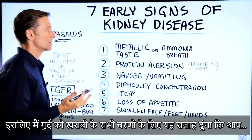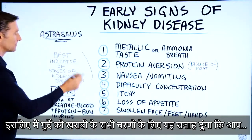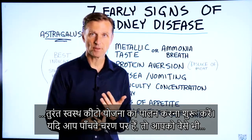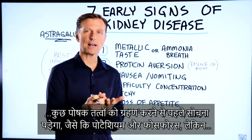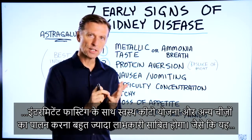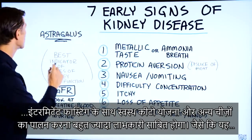So, of course, what I would recommend, regardless of what stage the person is at, would be to get on a healthy keto plan immediately. Of course, if you're stage 5, you're going to have to make some adjustments with certain nutrients like potassium and phosphorus. But the combination of intermittent fasting with healthy keto, with other things as well, like this is a really